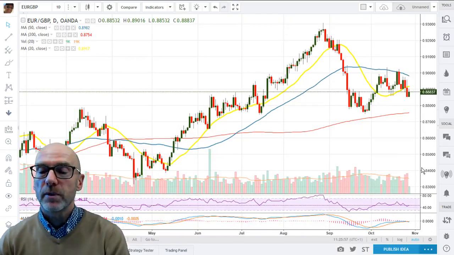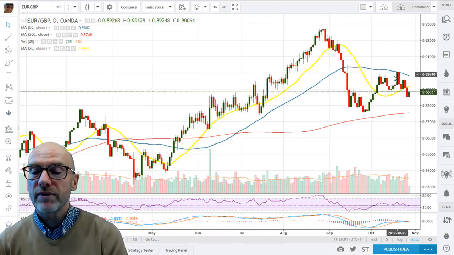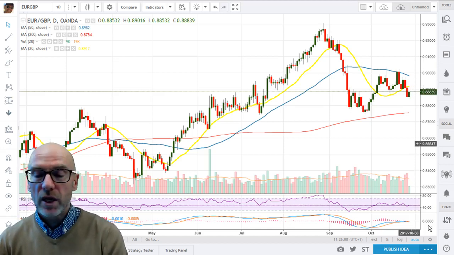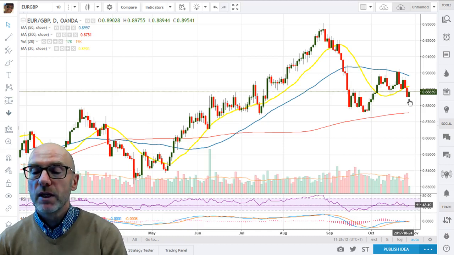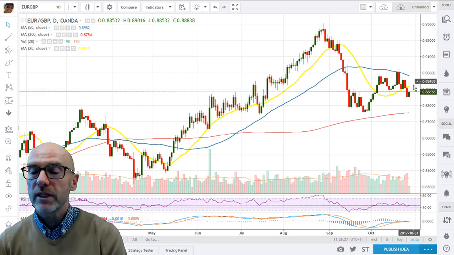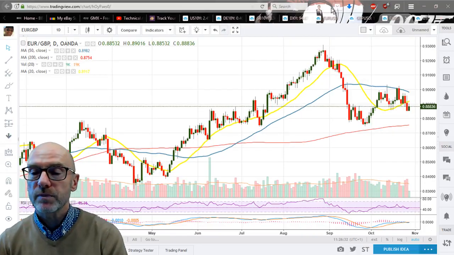And the euro against the pound, kind of trading quite flat in a trading range. We are below the moving averages, and we are also losing momentum, starting to build up downside momentum. So the euro looks weak against here. The support at the 200-day 0.8754, resistance from the 50, 89.82. And really, I'd expect a pincer movement between those moving averages for the medium term.